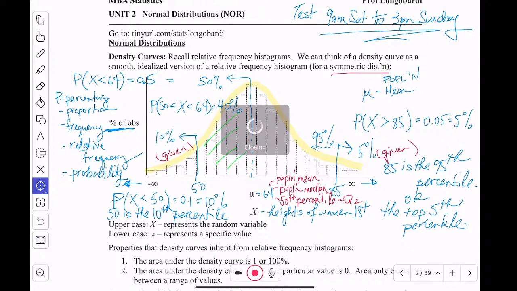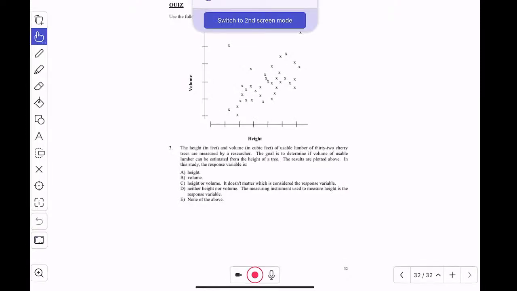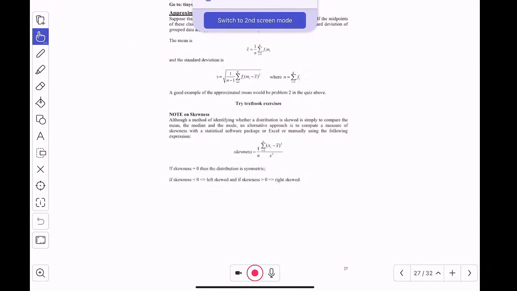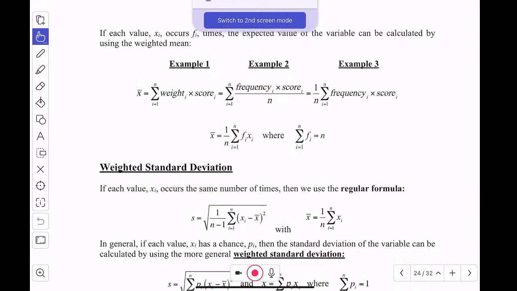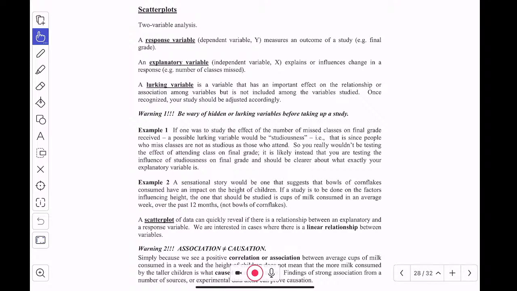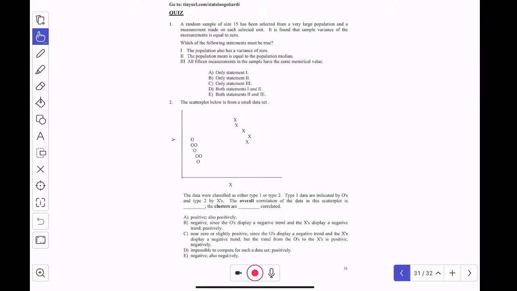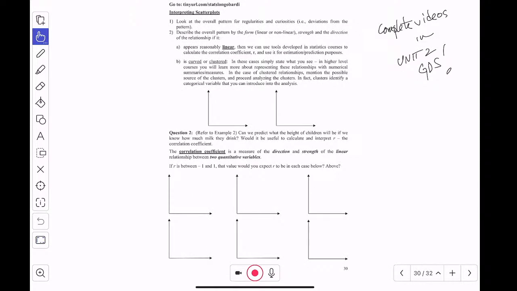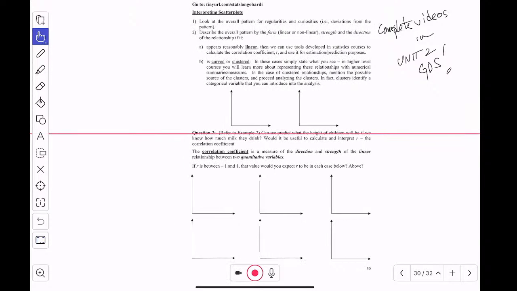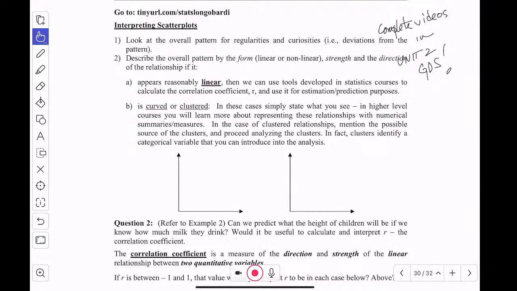But for tomorrow, you're going to have time to review your notes and go to the areas that you need help on. Most of the videos are there, like I said, and the only thing I really think you need to do is watch these last videos on weighted mean, weighted standard deviation, and then this one on scatter plots. That covers just basics about regression. Before we do regression, it's just an overview of how to look at two variables at a time and the correlation coefficient without making calculations, just observations.